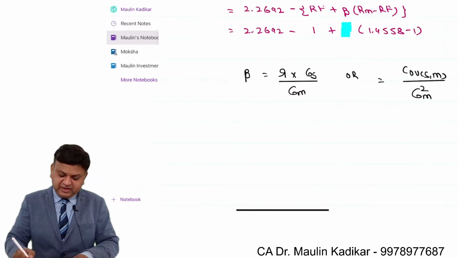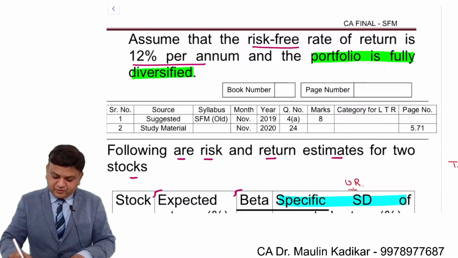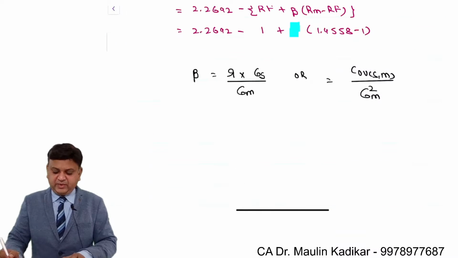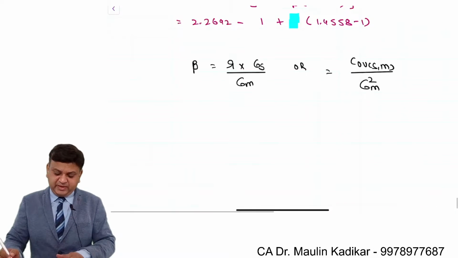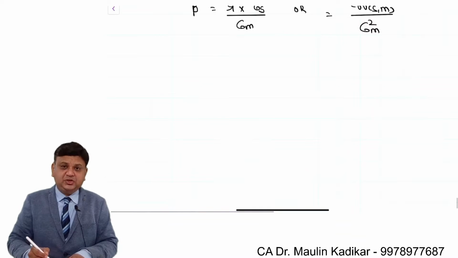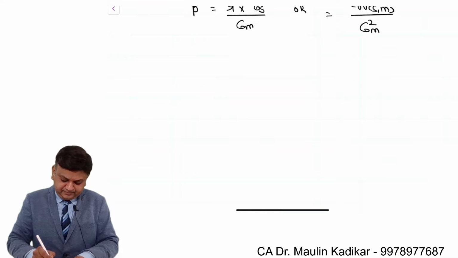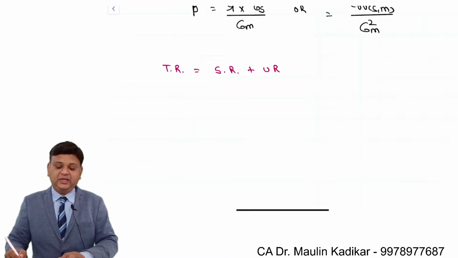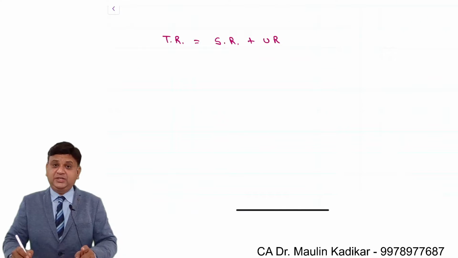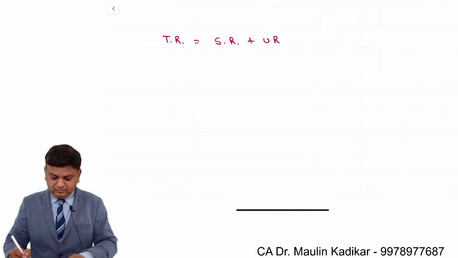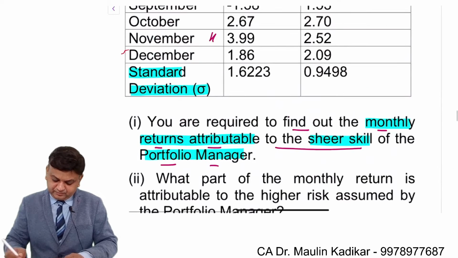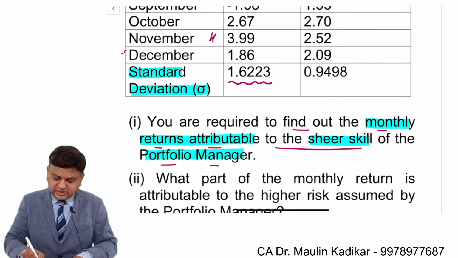However, since we have been provided with the information that the portfolio is fully diversified, because of this information provided in the example, the institute has provided the suggested answer like this. Listen carefully. Total risk is equal to systematic risk plus unsystematic risk. This is the formula that we have for the Sharpe index model. So the total risk of the security is equal to the variance of the security, that is the variance of the portfolio,